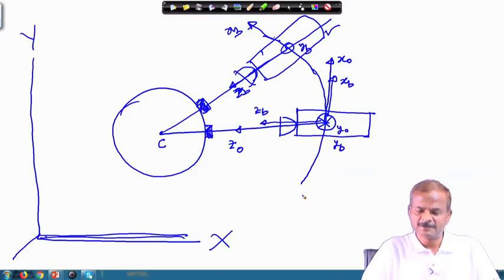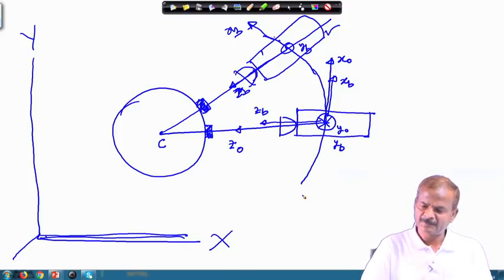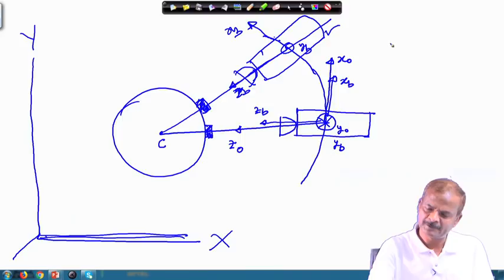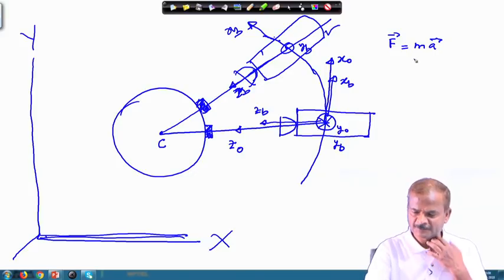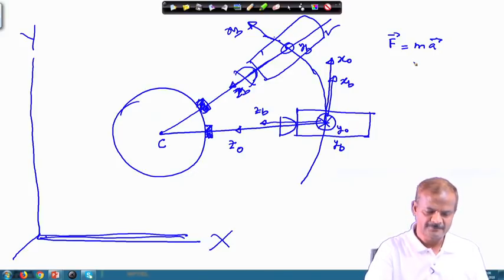Many of the students are not aware of this fact. Over a period of time I have learned that, but previously I thought that many people may be aware of it. Let us discuss that a little bit, so that you are aware of what the inertial reference frame is.